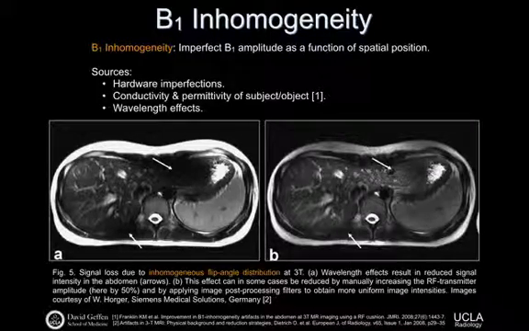Things about the conductivity and permittivity of the subject or the object that you're imaging. So these become real challenging problems to sort of avoid. We have hardware imperfections, and in fact, we can have so-called wavelength effects as well. But just to show an example, you can have wavelength effects or B1 inhomogeneity that'll give you regions of an image that are non-interpretable. They're just dark for some reason, or they could in fact be hyperintense. But when you get really structured variation in your signal intensity, one source of that can be so-called